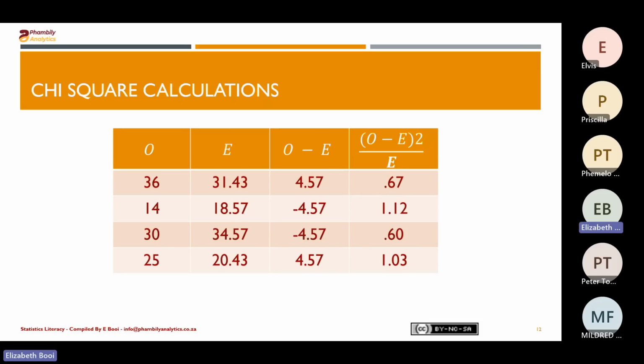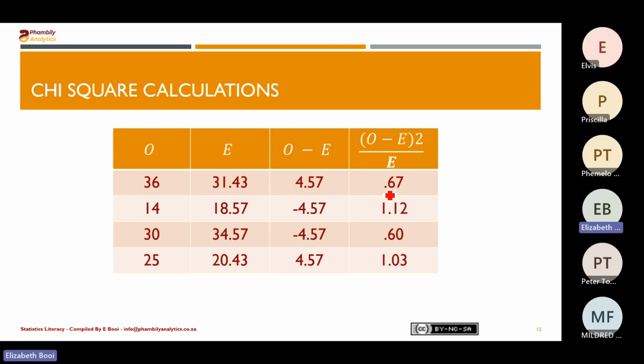To calculate the chi-square test, our observed, I just rewrote this in this manner. I just transposed it. You don't have to, but I just transposed it. And I started first by calculating what is in the bracket at the top. 36 minus 31.43 gives me 4.57. Square, and I do that for all of them. In order for me to get the first value, I take this 4.57, square that answer, divide by